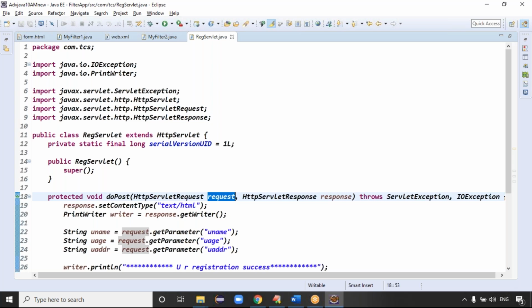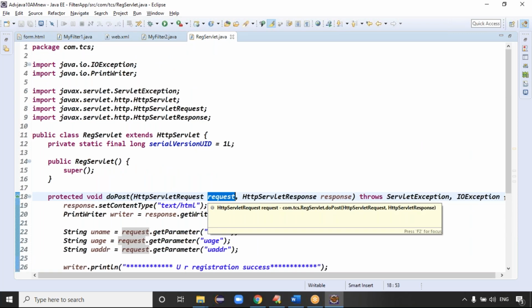Then the filter does its own activity. Even the first filter contains all the details, but depending on our requirement we can take the corresponding details and do validations, not for all the details. Then filter 2, then filter 3, and the last servlet: every one definitely has all the request details.